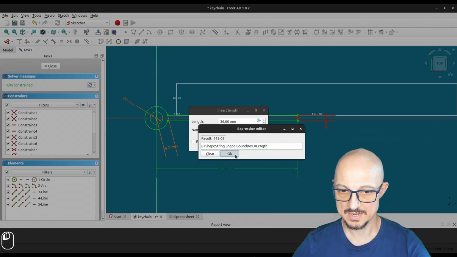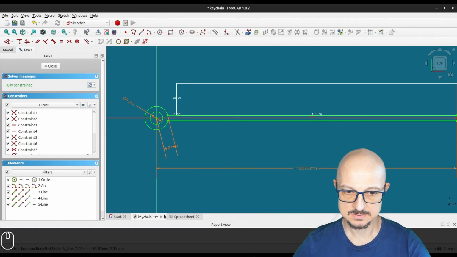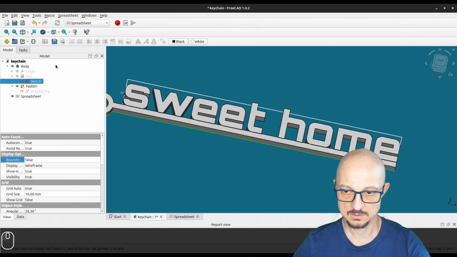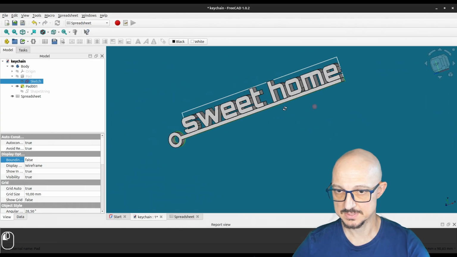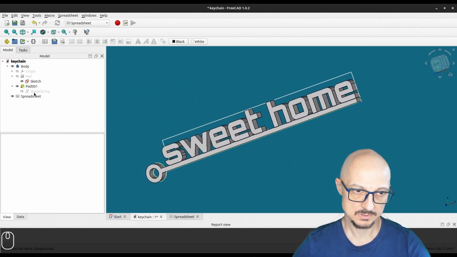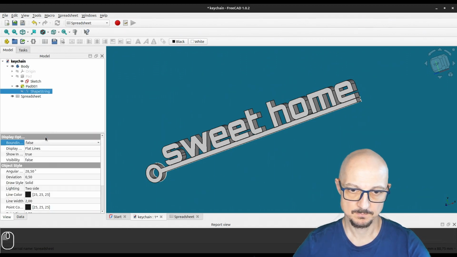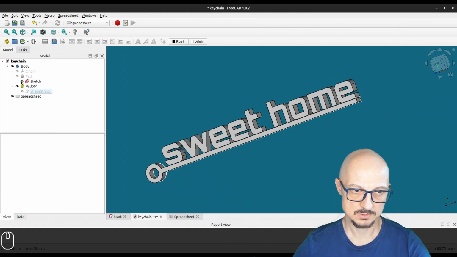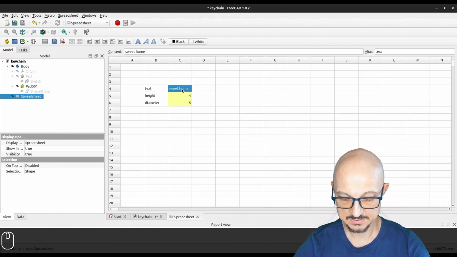We press OK, OK, and watch this. Magic happens. Sweet home, and exactly the bottom bar is ending where we want it. So now we can actually turn off the bounding box, and we can turn off the sketch, and we can go to the spreadsheet and say taburetum here,